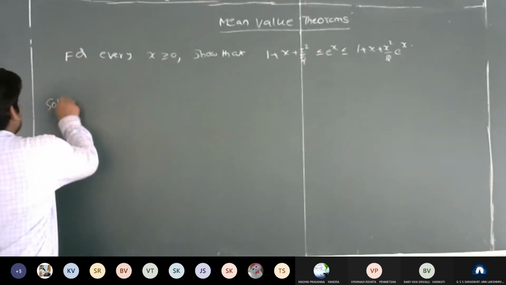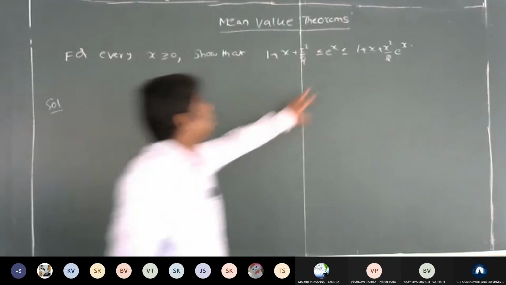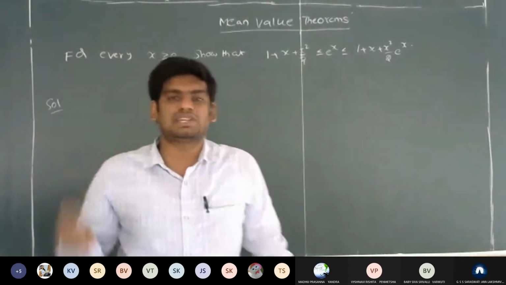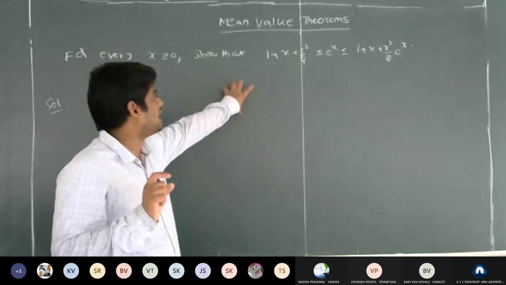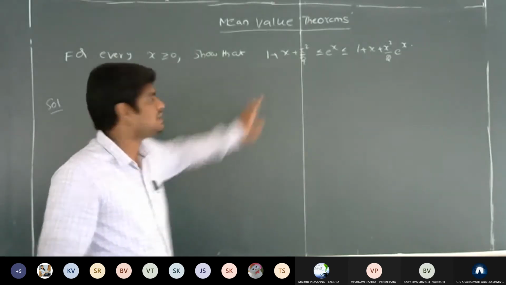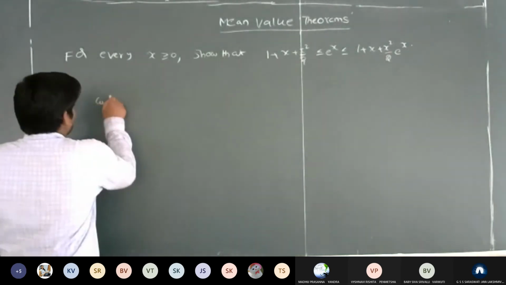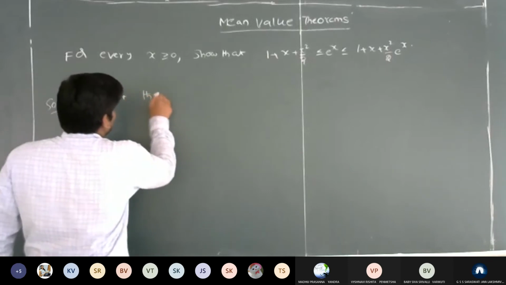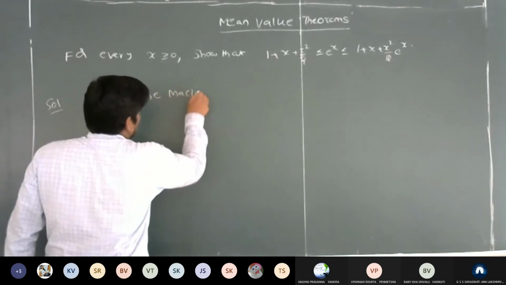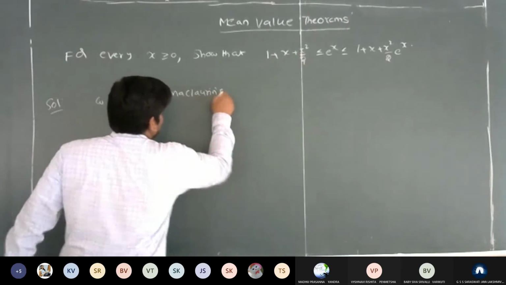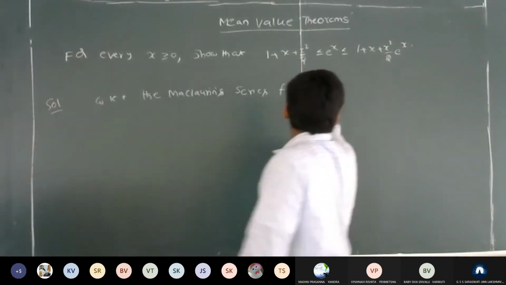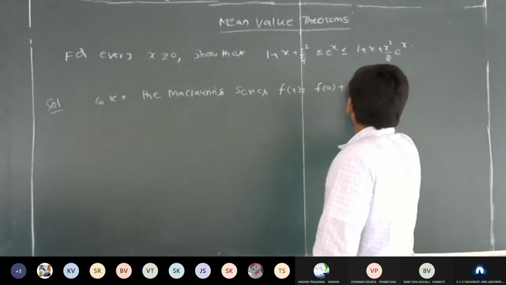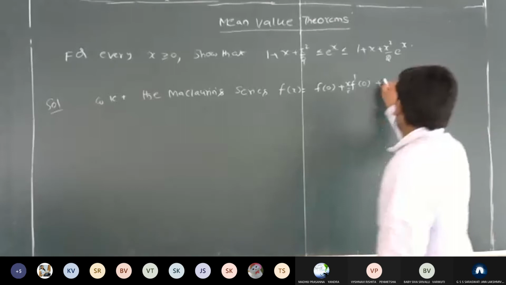So here e power x, that means e power x minus 0. So here the point A is 0. So that means here we have to write down the Maclaurin series, right? So we know that the Maclaurin series is f of x is equal to f of 0 plus f dash of 0 into x by 1 factorial